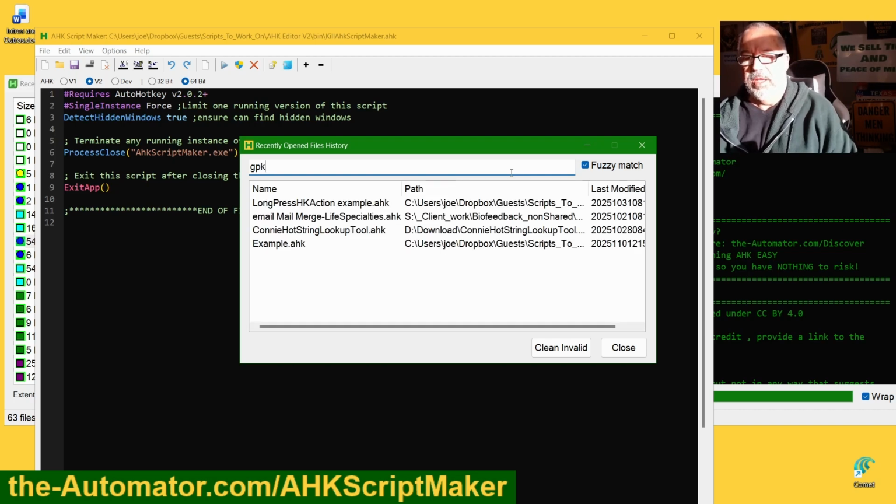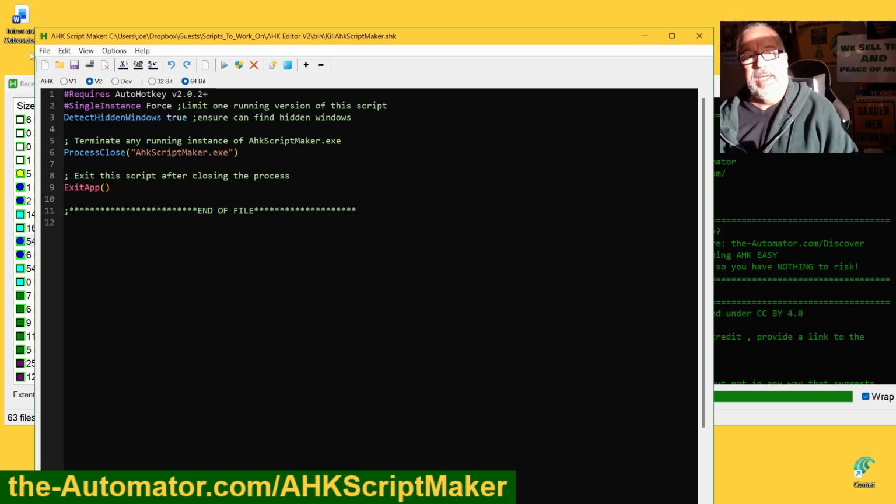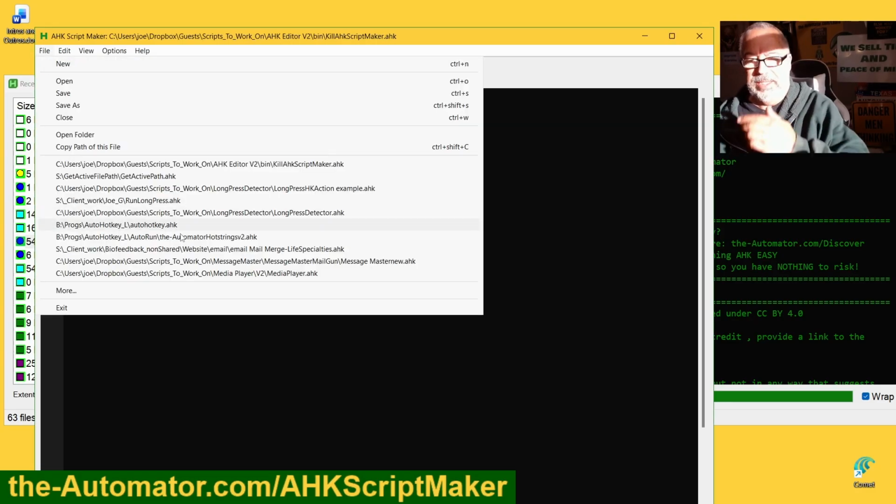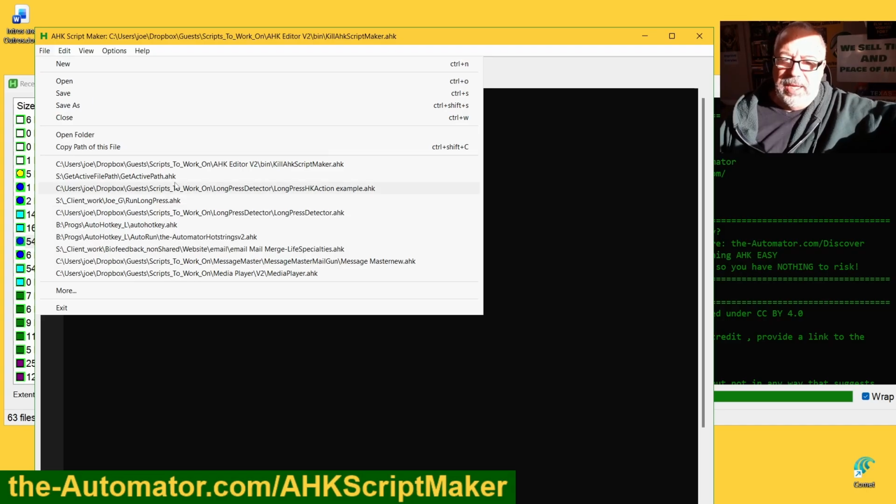Oh, I would have thought that, well, it is a fuzzy match. It's not going to match everything, but I was looking at these letters here. And then you can select it. Well, and you can clear invalid stuff. But back into here, what was funny was from this list, which Irfan had built slightly differently, and it was